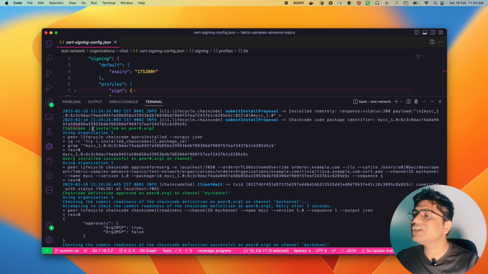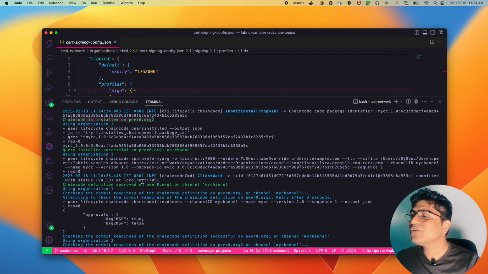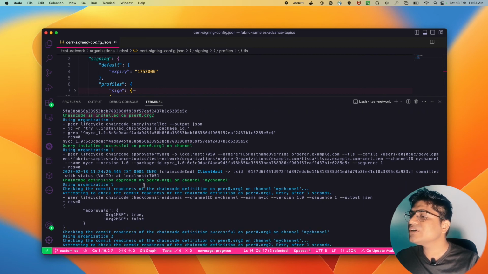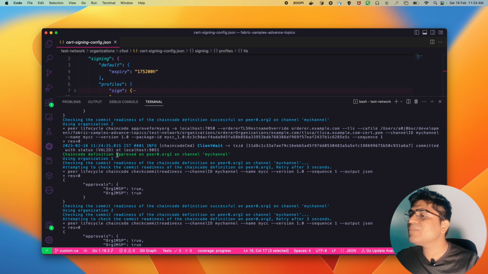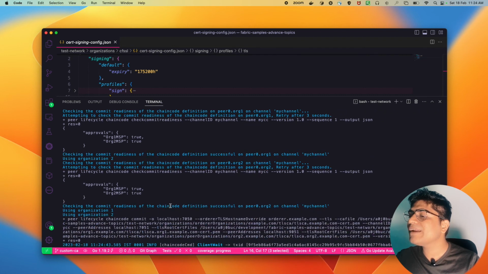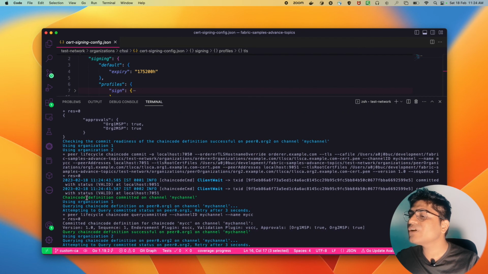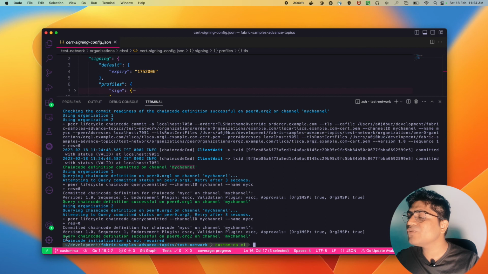So here we can see that the chaincode was installed on peer 0 of org2, and after that it will go for the approval. So basically it did the approval for peer 0 of org1, and similarly there will be approval for peer 0 of org2, and after that there will be the chaincode commit. So we can see that the chaincode was committed successfully on this channel, and our chaincode was installed